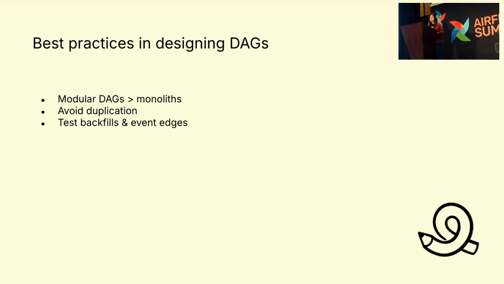The first is that we should always keep our DAGs focused and modular. I'm not sure what's the worst DAG you have seen, but I've seen DAGs with hundreds of tasks in one single DAG, and that is definitely a nightmare moment for me. Because in my opinion, each DAG should only contain one logical workflow or just one data product. You shouldn't really try to squeeze everything into one single DAG.